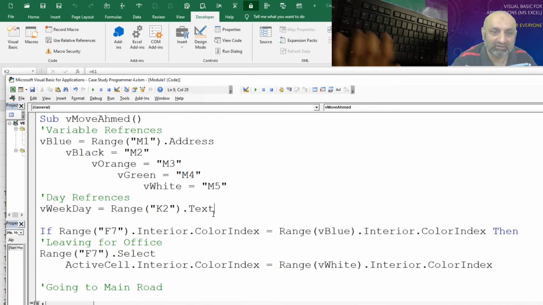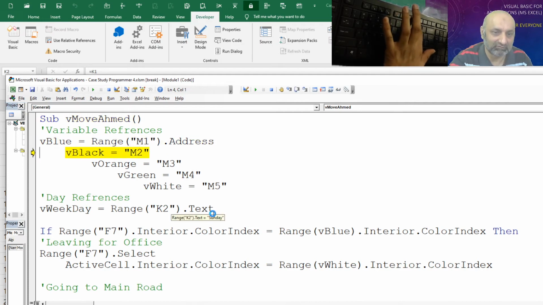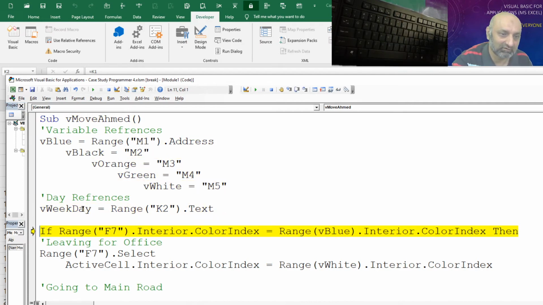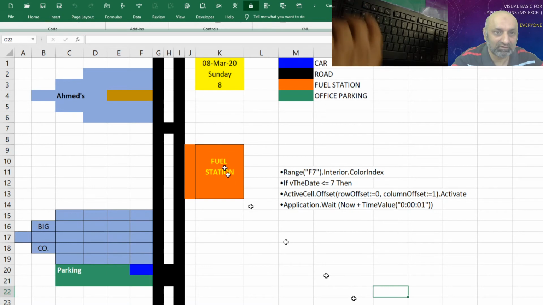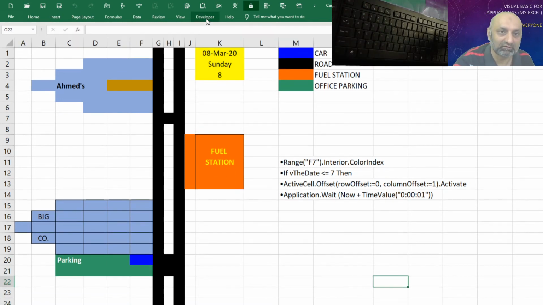If I pick the text, whatever is being displayed in the cell will move to my variable. So let's run it and see what is picked now. And you can see now it is Sunday. It's not the date. So with dot text, I can pick up whatever is being displayed in the cell.